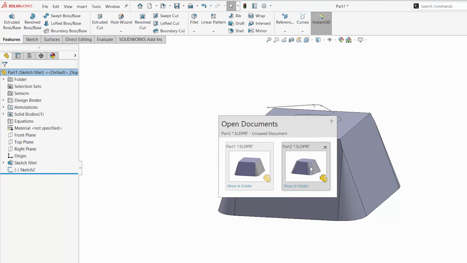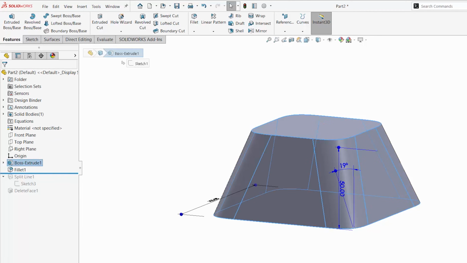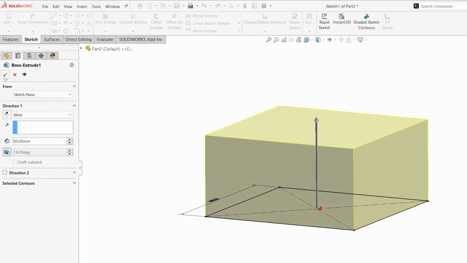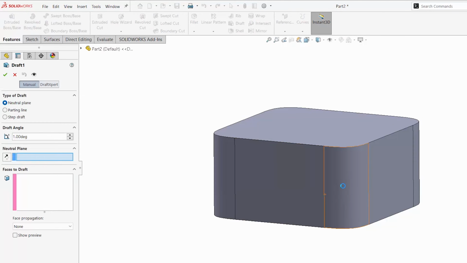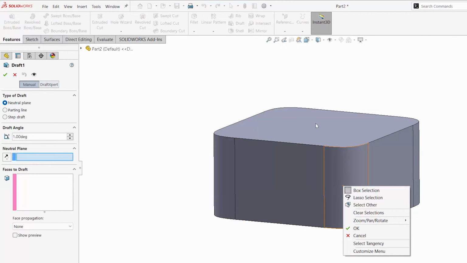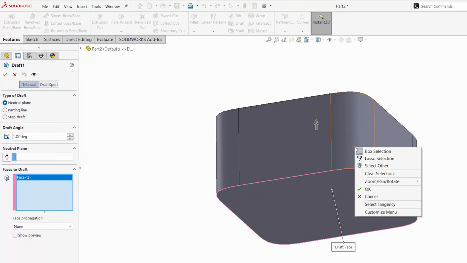The way around this would be to use our workflow from the beginning, or if you really need it to be drafted to all those different faces, the draft command actually won't even complete on our other fillet. So you would have to just use the draft command at a degree that would make sense.